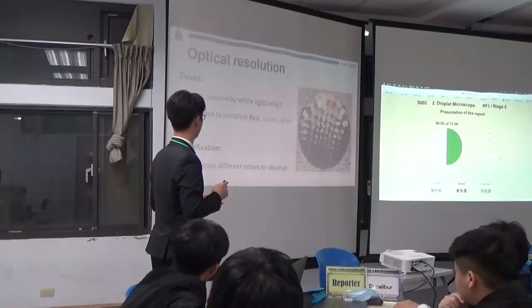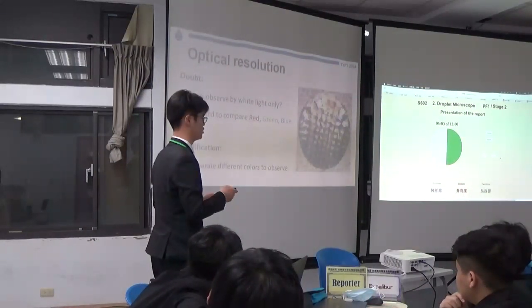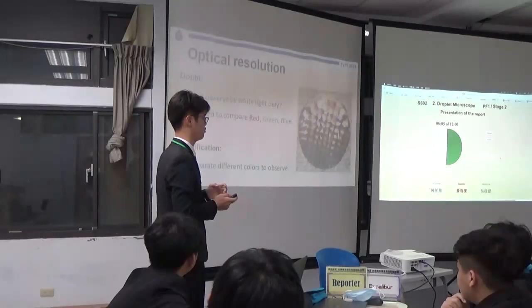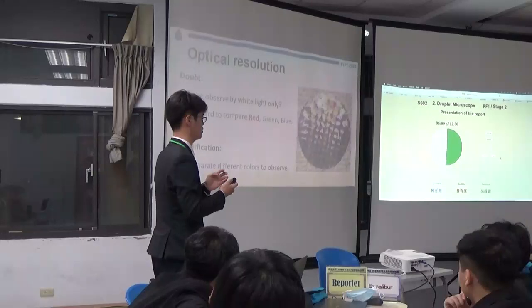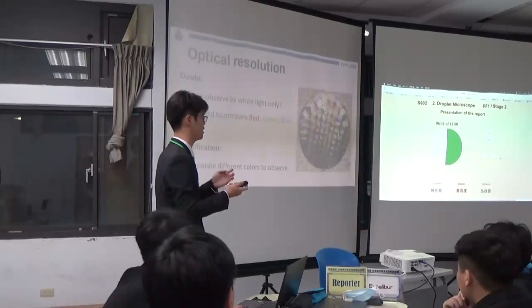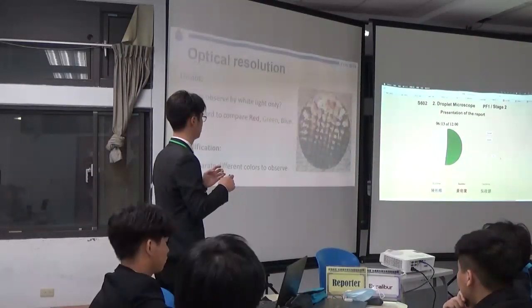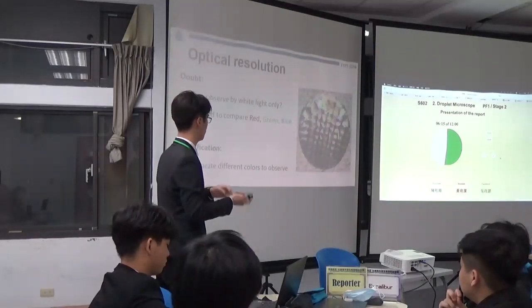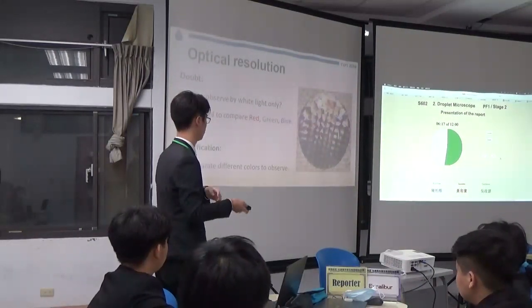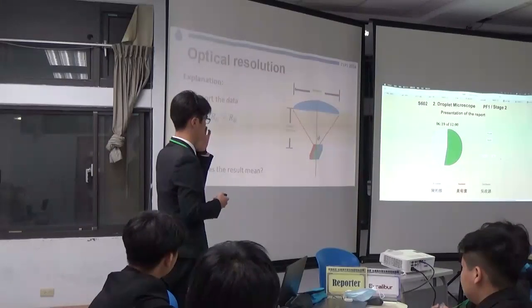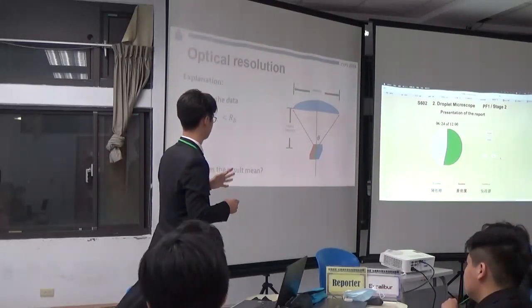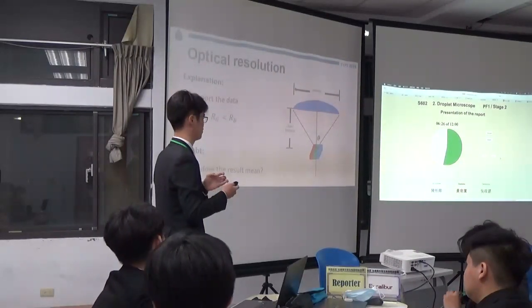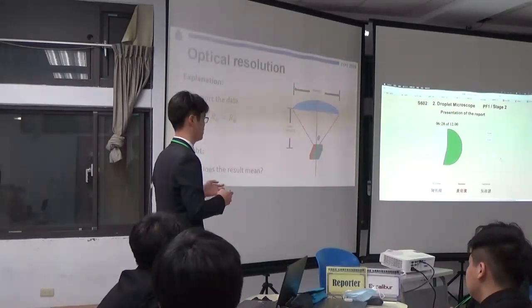Okay, and the optical resolution will actually be affected by the wavelength, just like the equation I have mentioned. So we couldn't use white light because the wavelength of white light is uncertain. So I have to use pure colors, for example red, green, and blue lights. And for my prediction, I predict that the resolution of the blue light will be better than the others